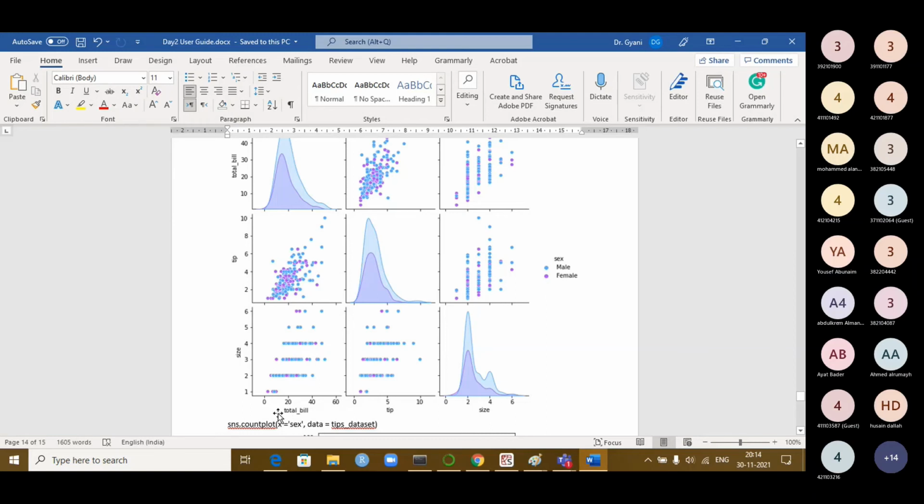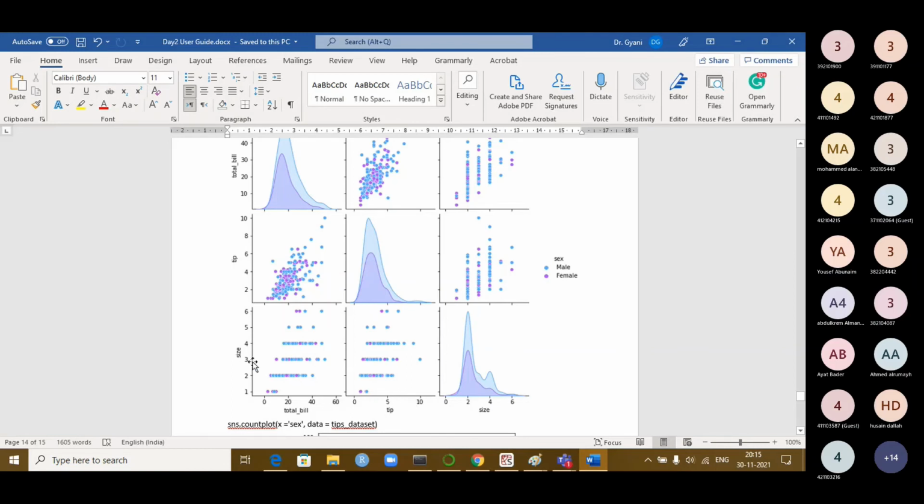Let us look at the relation between the total bill and the size. You see here, $50 was made by a group size of 6 people. Again you see male and female, and their size was 6. And $5, when they have this size, they made the bill of these amounts. So it is showing the relation between total bill amount and the size of the group who made these bills. Now coming to the relation between the tip and the size.